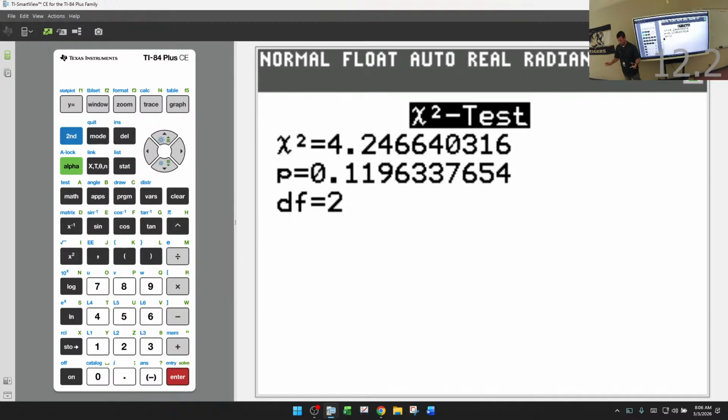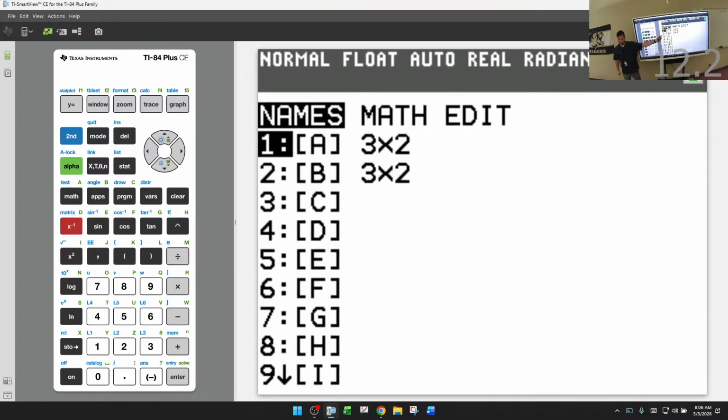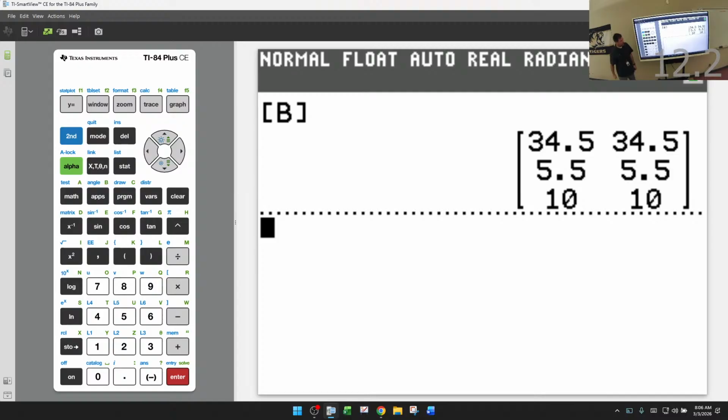Good. Second matrix. Look, matrix B is there. If I go down to matrix B, don't edit it. You can edit it if you want to, but don't edit it. Just hit enter, and there's your expected counts. Yay? So it will do all the expected counts for you. You don't need to show it. You need to know how to find it,